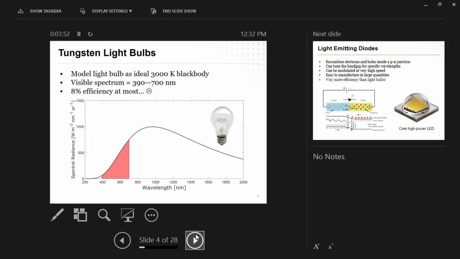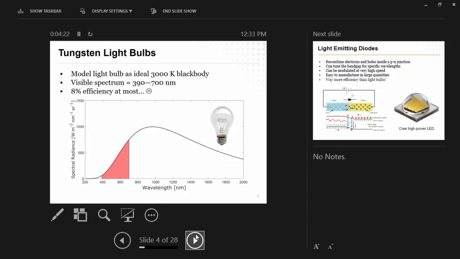And the shape of that curve depends on the temperature of the object. So as I go higher in temperature, that bump there gets a little further to the left and farther up. And that shaded region over there represents the visible spectrum. So that's the region of the electromagnetic spectrum to which your eyes are more or less sensitive. And you notice kind of a problem right off the bat. I'm radiating energy across this huge bandwidth, and only a tiny little fraction of it is actually in the spectrum